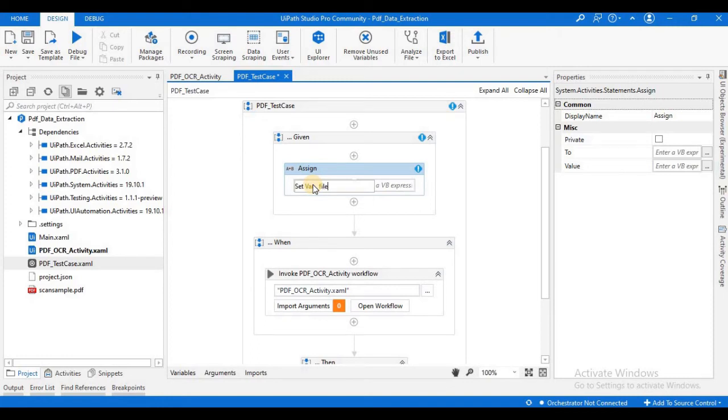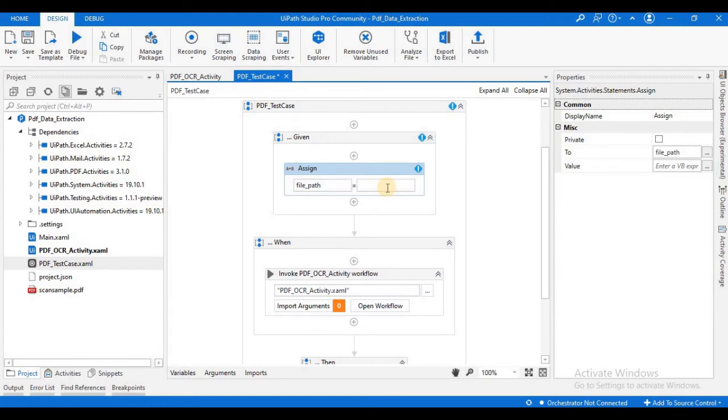Okay, hit the enter button. So here you have to give the expression. How you can give the expression? Here we have to provide the path where this scan sample.pdf file is residing.